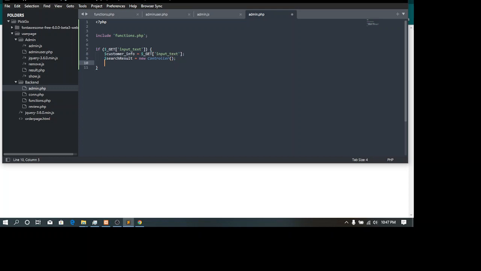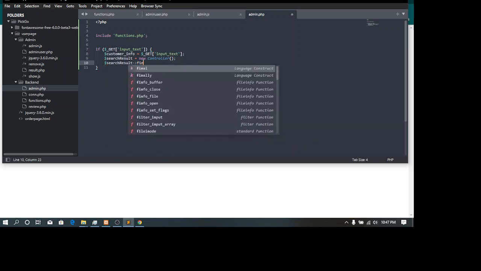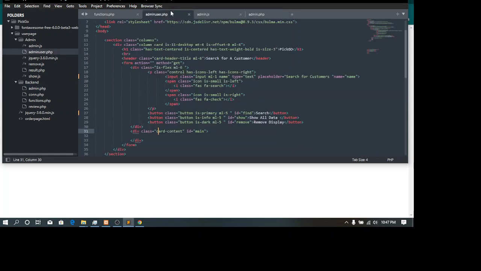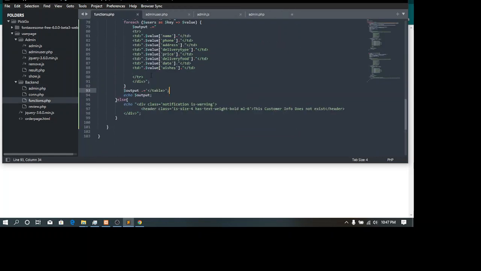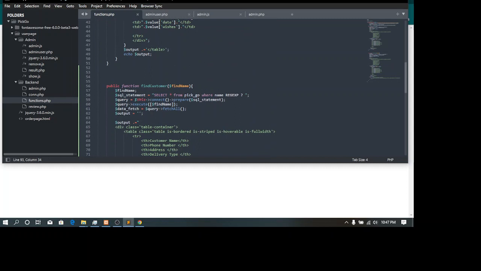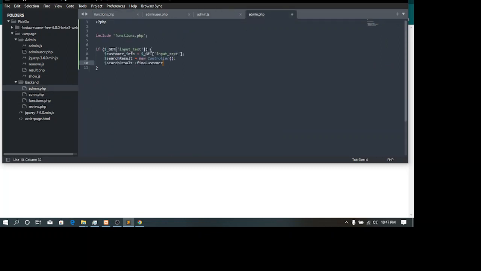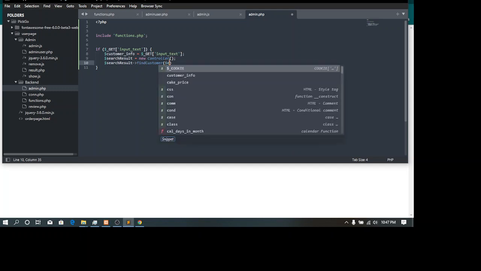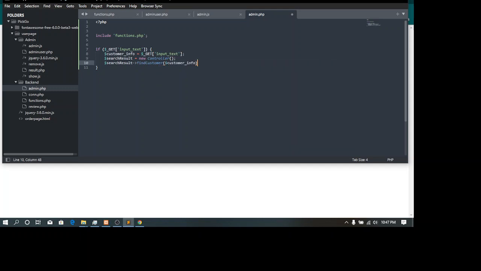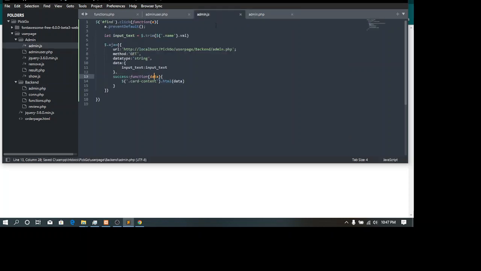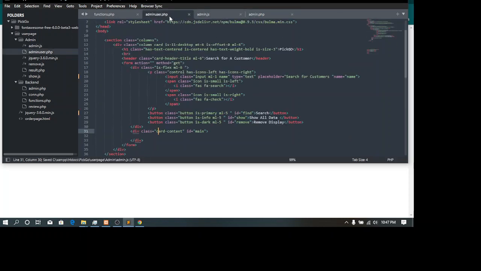I'm going to say search results into reference to this. It's going to reference this method here, find customer. So find customer, then we're going to input the customer info there. So let's save it.